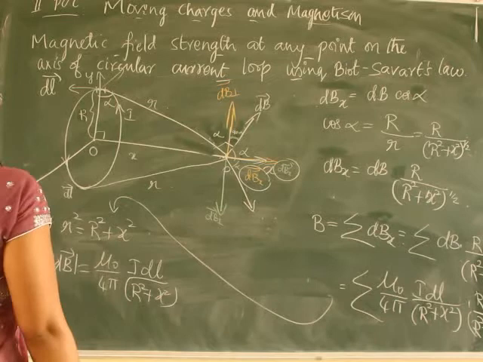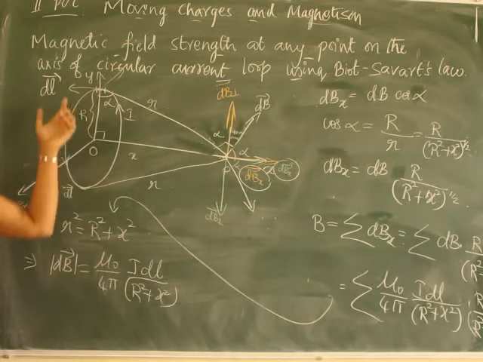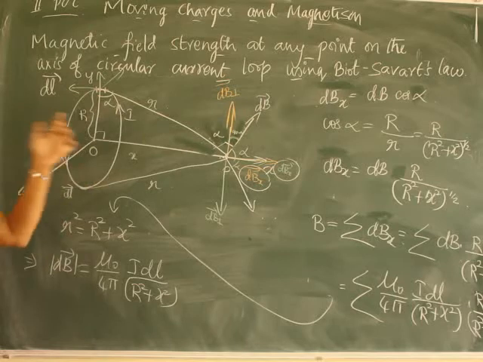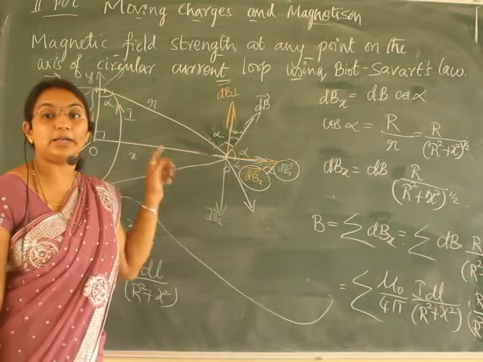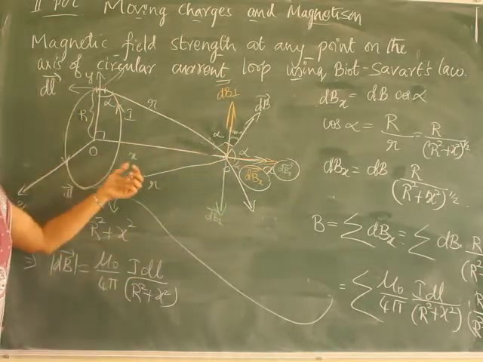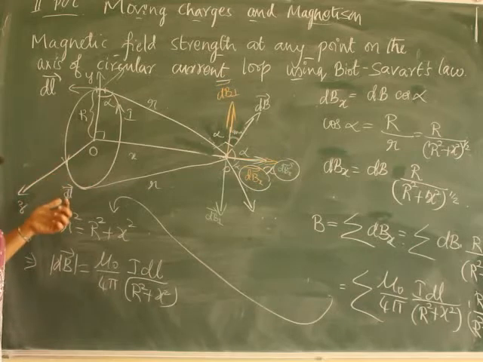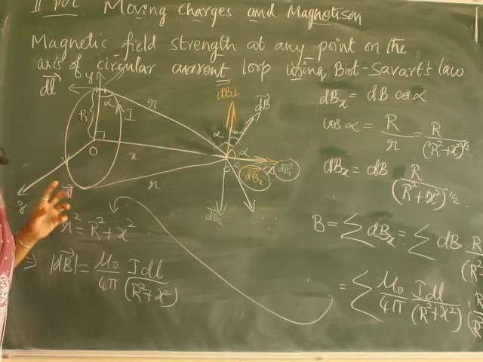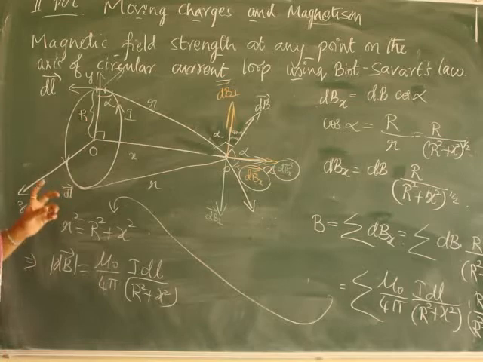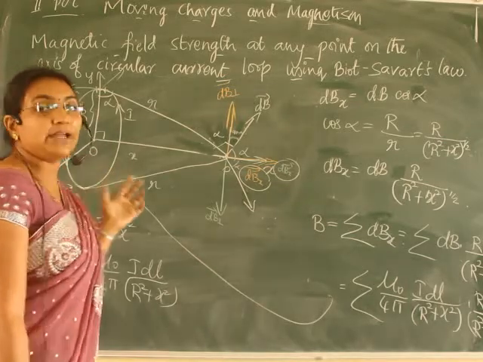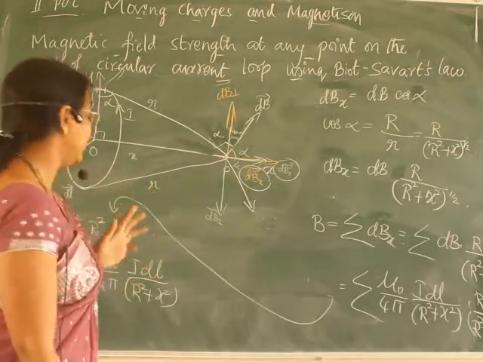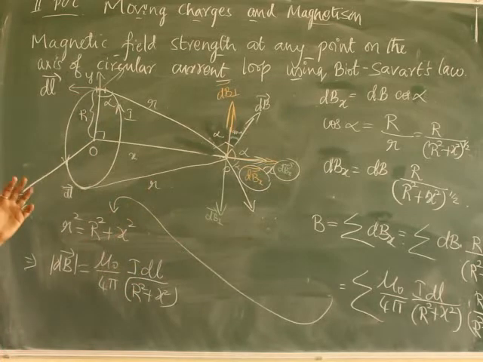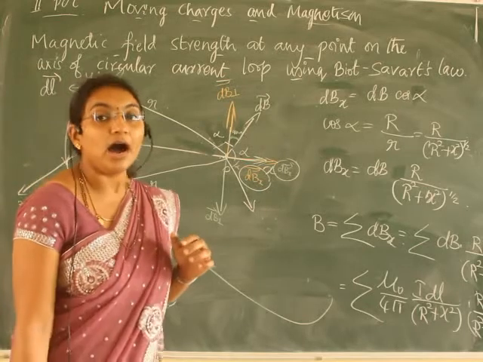See here. Initially, what we have done, let us consider a circular loop carrying the current I. We want to find out the magnetic field at the point P, which is at a distance x from the center of the circular loop. Capital R be the radius of the circular loop. Then, using the Biot-Savart law, we can write the expression for the magnitude of the magnetic field, that is mu naught by 4 pi I dl sine theta by r square.